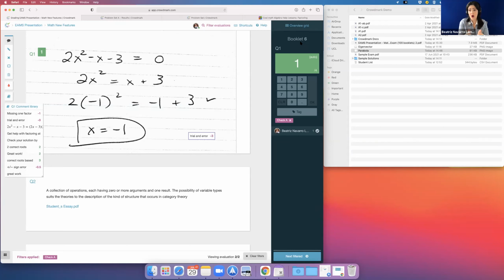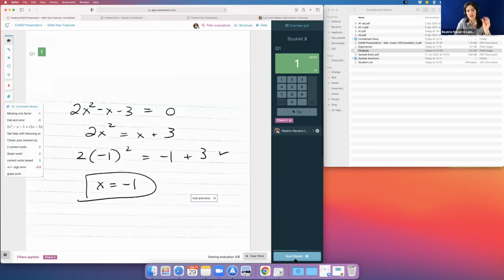In this case, I showed you how we can use it to then go back later to check for cases of plagiarism or collusion, where we want to see maybe two students with an identical solution. Now it's very easy because we go to next filter and we only see those, so they're very easy to identify. I do this when I have a group of TAs. I tell them, if you see two solutions that are suspiciously similar, do not worry about deciding what you need to do. You're going to tag them using this same tag for all of them, and I will go back later and check them.